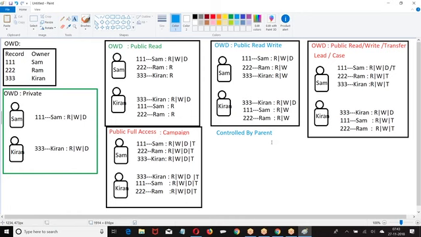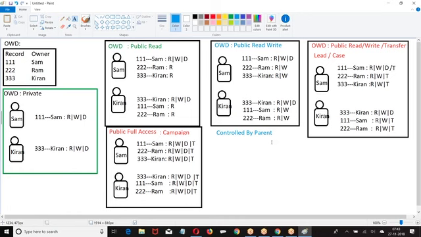The child object will not have any owner. Then how will you define OWD? Then we give control by parent.